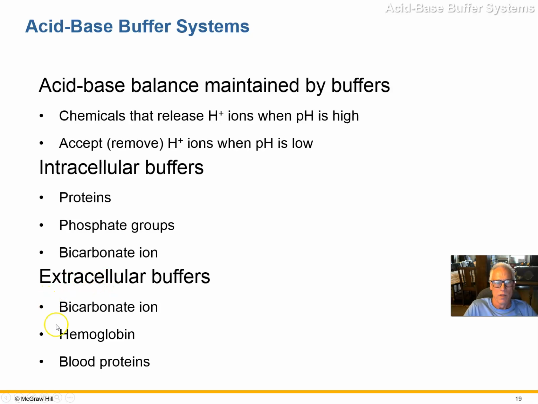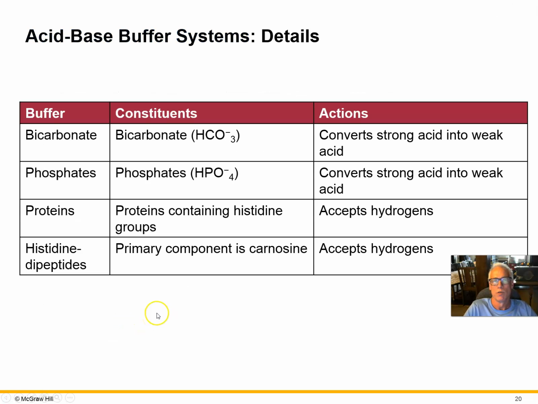Extracellular buffers. The plasma has a lot of bicarbonate ion in the extracellular fluids, 24 millimolar to be exact. That's a lot of bicarbonate ions. That's the major buffer. Along with hemoglobin in the blood proteins, there's a fairly high concentration of protein, and those things can mop up hydrogen ions, remove them from solution, and resist acidification until they are exhausted. So here's just a tabular form of it.